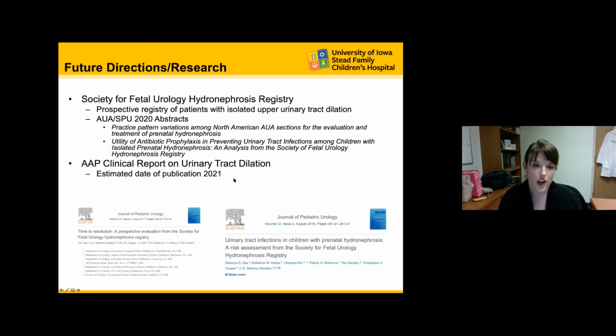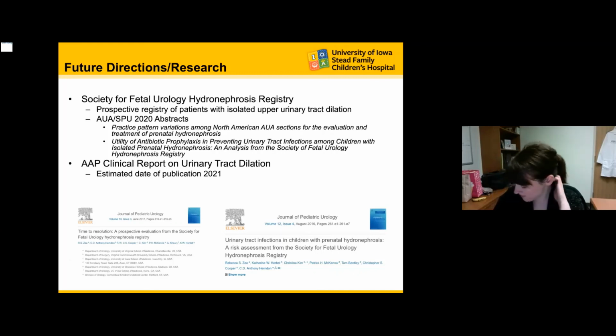Okay, so how can we use these classifications to our benefit going forward? Looking at the literature since the UTD classification has come out, still not a lot of centers are using it. More and more academic centers, this is becoming the norm. I recently looked up some numbers today, and I think there was